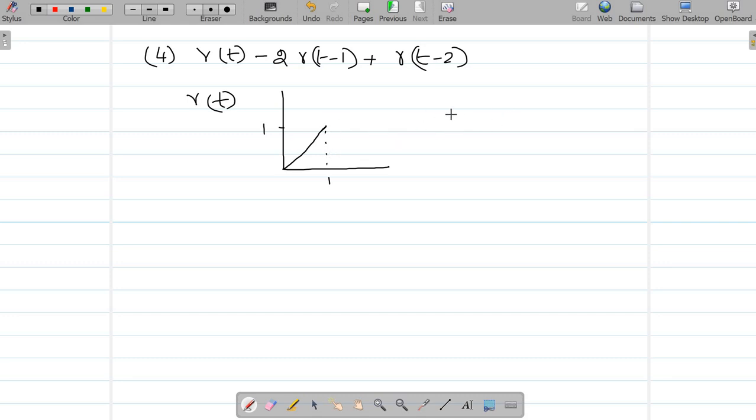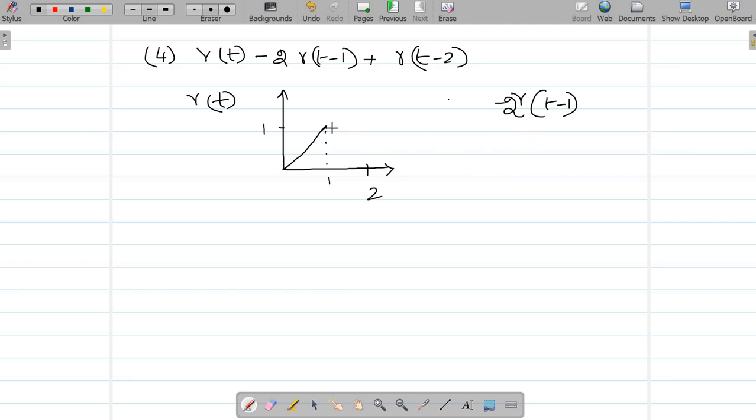This is r of t, and it will go right up to 1. Up to 1 it is going to be r of t, because at t equal to 1 there is going to be some change happening. Again at t equal to 2, that is at this point, there will be another change happening. So what is the change that is going to happen here? That is what we have to investigate. Now if you look at it, at t equal to 1, that is at 1 second, we are having r of t minus 1, which is having a slope of negative 2.